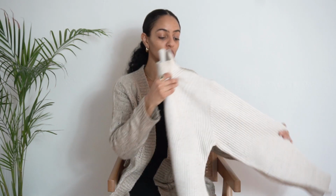And you can even have a look at the tags as well to see how much percentage of each material is there for you. And then consider if you're actually going to style it and wear it, and will it keep you warm? So these are things that, of course, you can consider when you are shopping and buying, but definitely chunky knit jumpers, the thick ones. Some have funnel necks, some have funnel sleeves, whatever style you like. Cropped, it could be a long sleeve one, it could be down to your knees if you like, it could be a jumper dress. Whatever style you like, I definitely recommend having some chunky knit jumpers in your wardrobe,